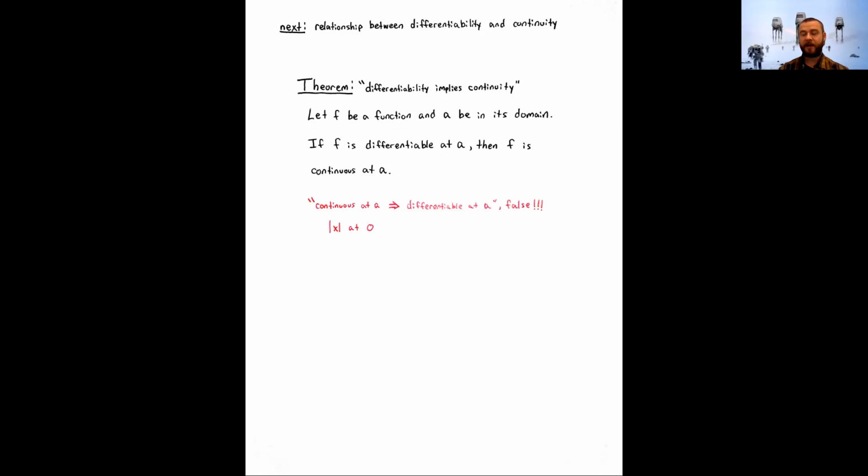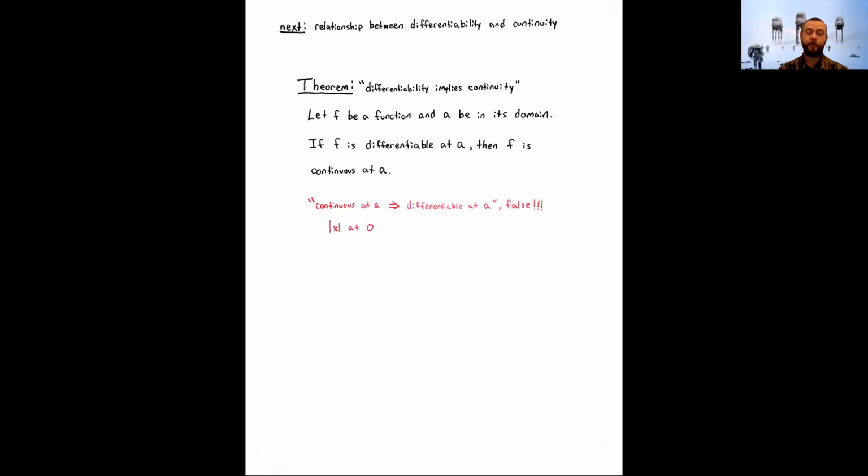Now just be careful with what the converse would say. So this has the form of a logical statement: if P, being the conditions, then Q, being the conclusion. Be careful, flipping that, Q implies P, is false here. This statement, if a function is continuous at a, then it's differentiable at a, that statement is false. The counterexample, and in mathematics, it only takes one example to prove a theorem or statement false in general,